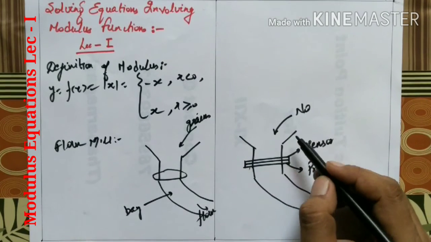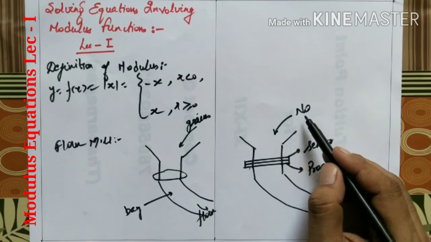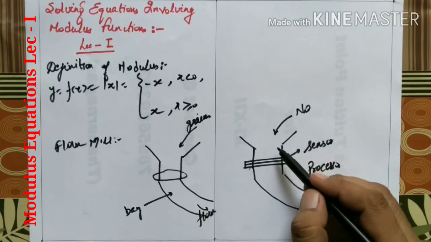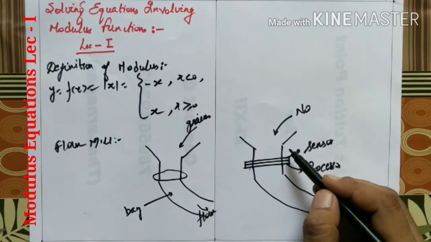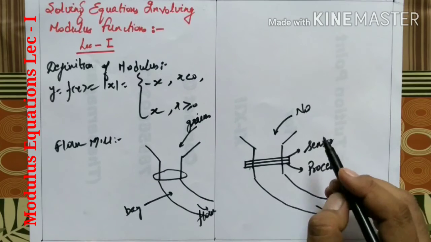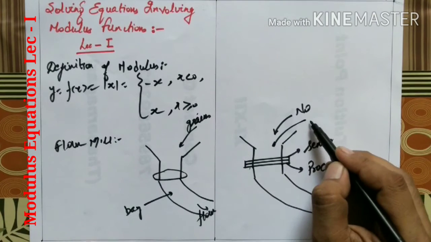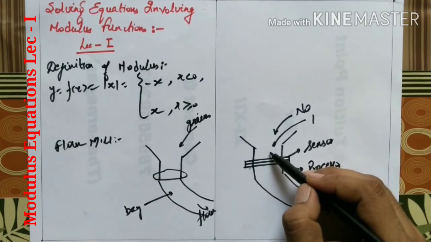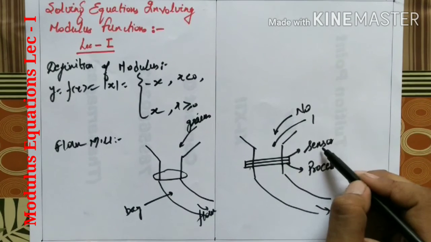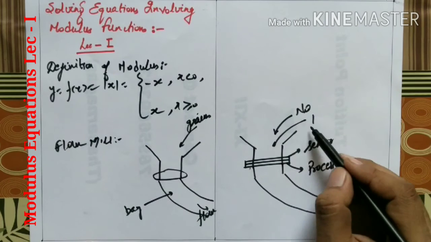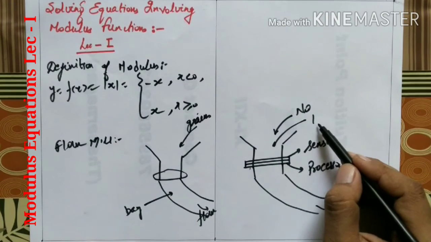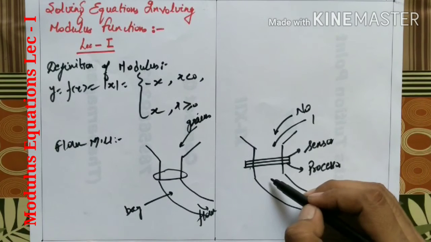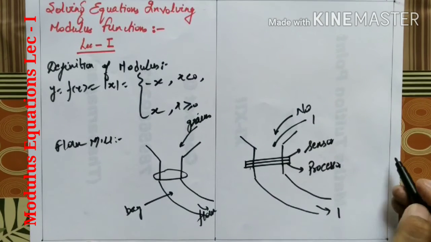It has to convert the sign of a number. If the number is positive, it emits the number as it is outside. If the number is negative, it makes the number positive and then emits it outside. For example, you have inserted 1 over here. So as soon as this 1 comes between these lines, the sensor gets activated. It senses the sign of the number. It asks the number, what is the sign of this number? The number says positive. Then the exit gate opens, and then 1 as it is comes out.